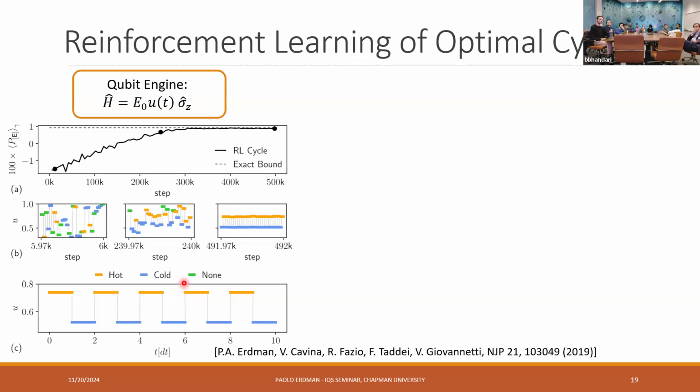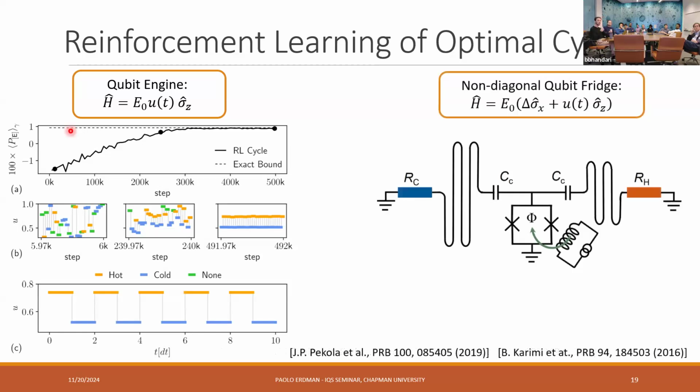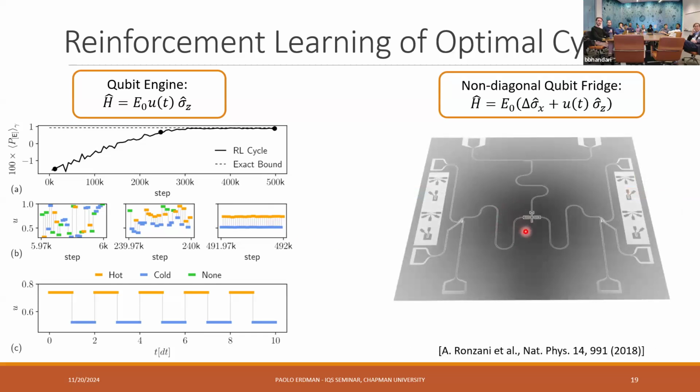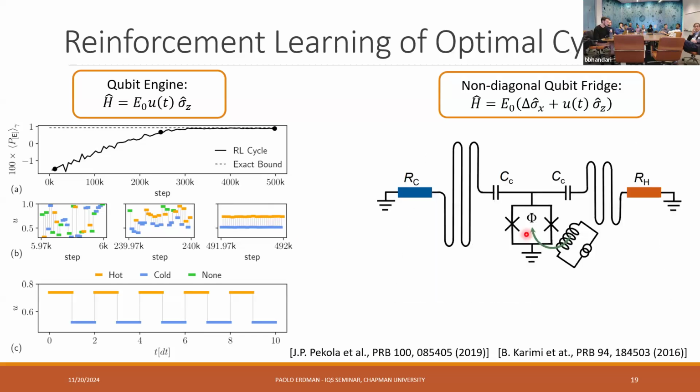And in this previous paper, we actually showed analytically that this is the best solution, and the maximum power was this dashed line. So we see that at least in the simple case, we can reach what we knew was the correct solution analytically. So then we move to a system where we do not know what is the optimal solution, which is actually a model of this device that I talked about earlier, but we study it this time